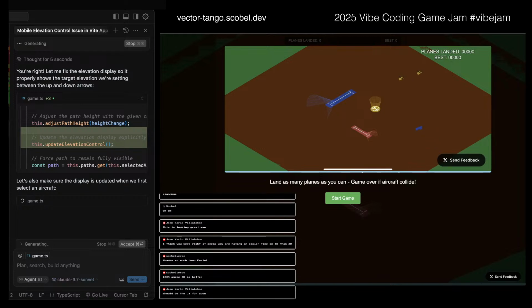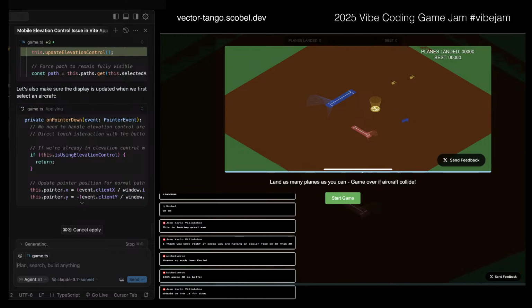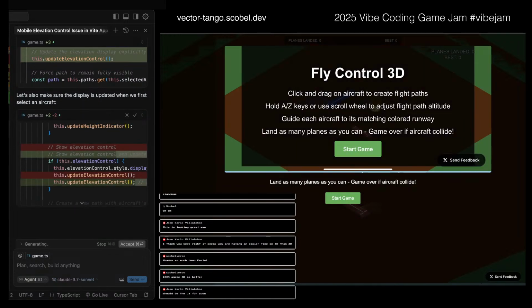And then if this works, I might just get it to zoom in a bit on mobile and maybe fix the